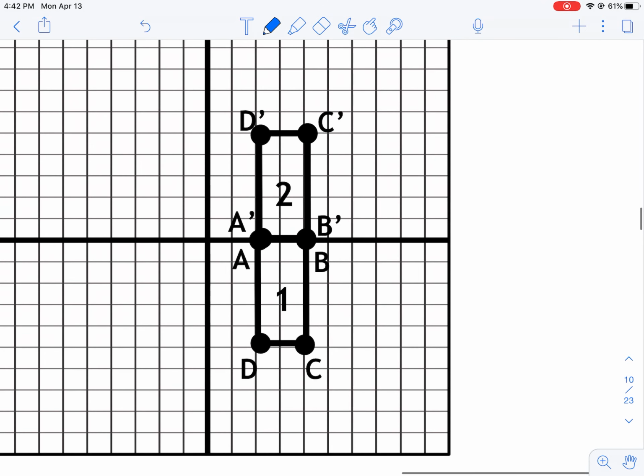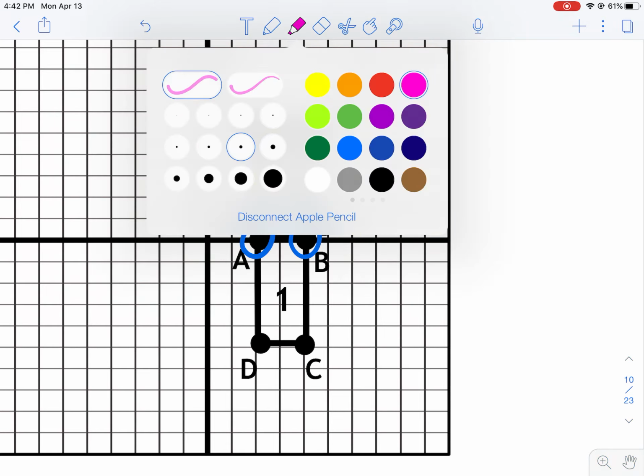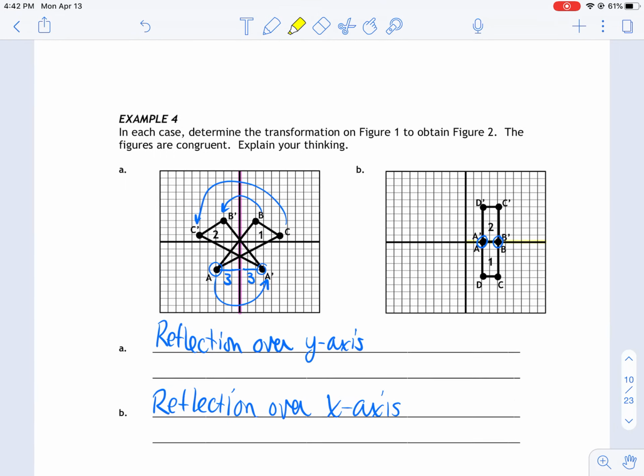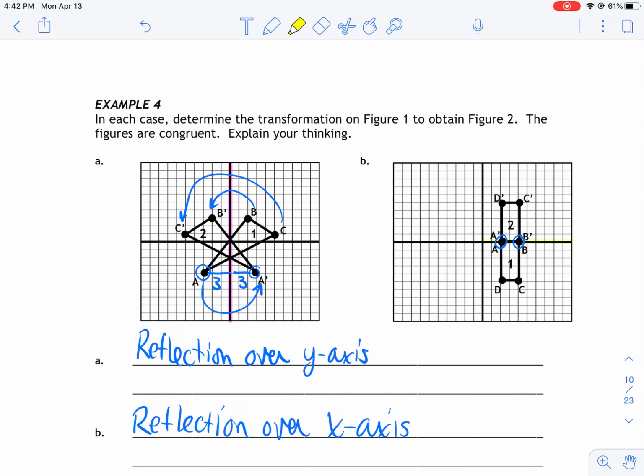That's fine. Over here on problem B, notice that A prime and A, and B prime and B, are the same point. The reason why that is the case is that since they're both on the line of reflection, which is the x-axis, they are 0 units away from that line of reflection, so they remain 0 units away when they've been reflected. Okay, that's going to do it for reflections. And in the next video, we'll talk about